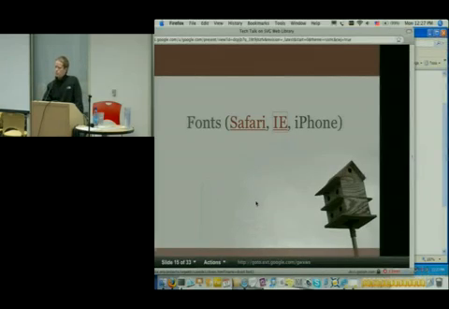I'd like to say, when would you use this? And I want to show you a sample of when this makes sense. One of the nice things about SVG is you can start combining these things together. You'll see some animation, some fonts, some filters. So whenever you want to start combining these things together, that's when it makes sense. If you just want a nice headline, this is probably overkill, and you probably want to use something like Cufón or something like that. So when you want to start doing fancy things, I'll show you a good demo in a little bit where you're combining these things in an interesting way, then it starts making sense.